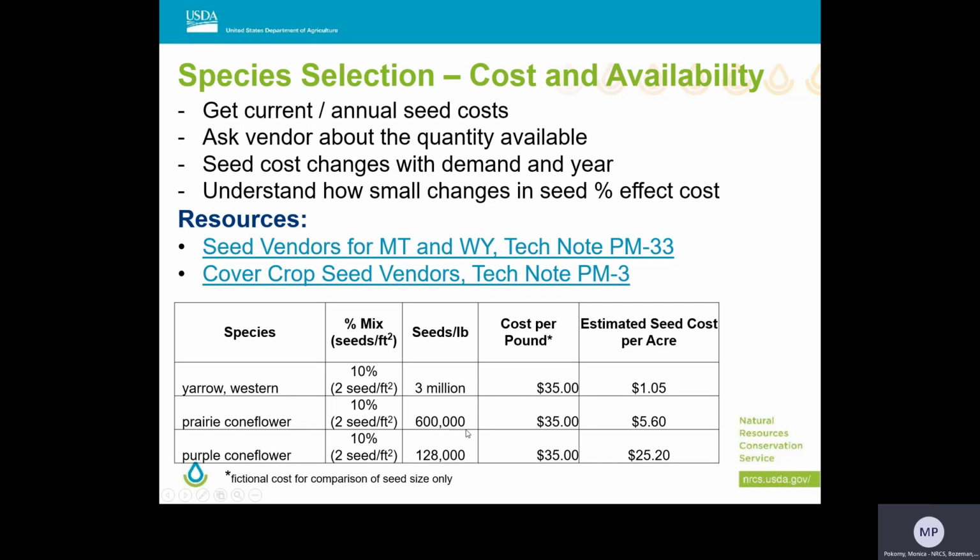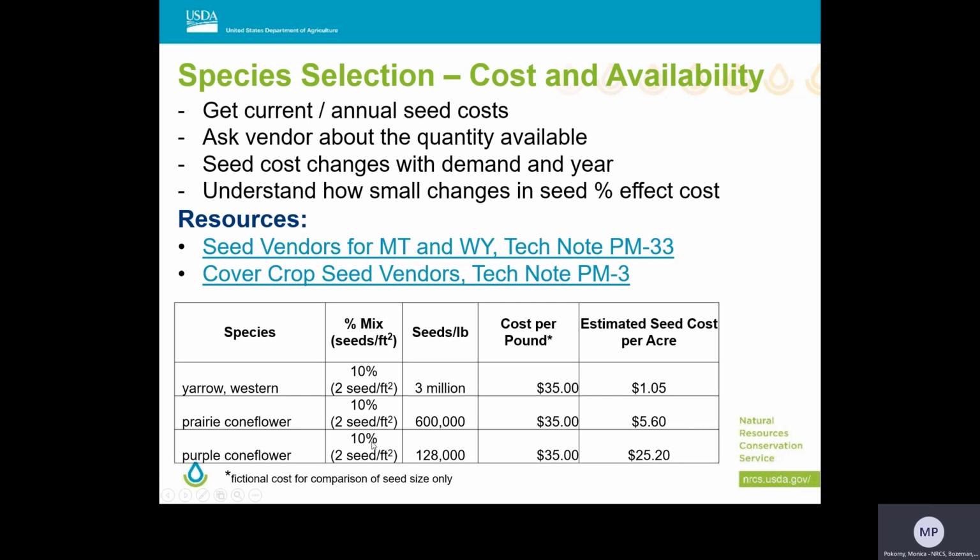If you have a medium-sized seed of about 600 seeds per pound and you had the same cost for that seed, you're looking at about $5 to $6 an acre for that species. So depending on what program you're in and the seed cost price that you're looking for with your producer, again, adding diversity might not be very expensive on a site. And as you increase in the seed size and increase in the cost, that's where you're going to start seeing more cost per pound, per acre to include it in the seed mix, but hopefully it's not prohibitive